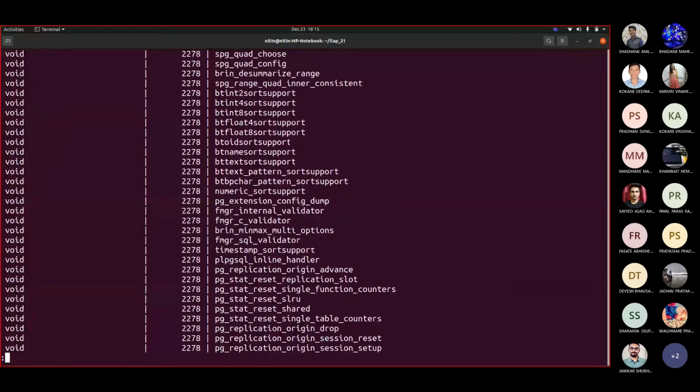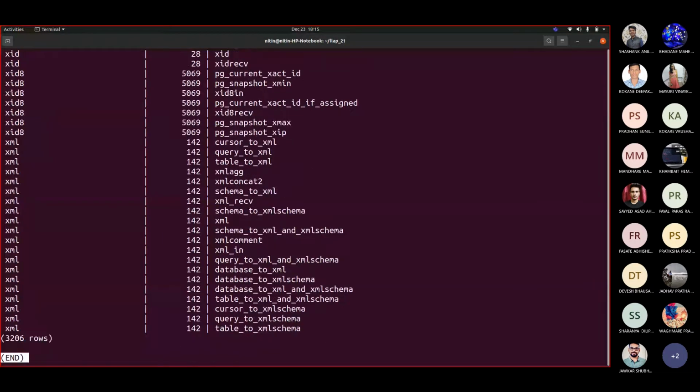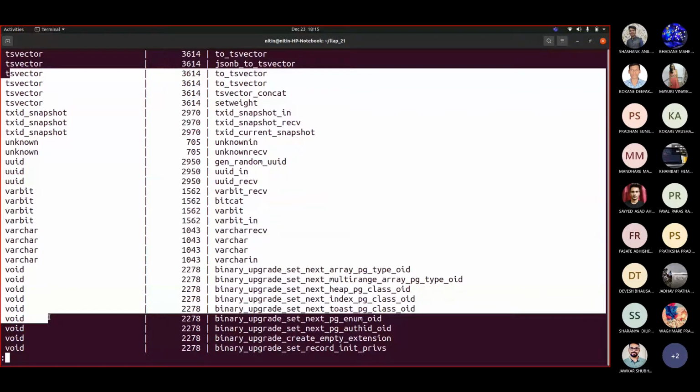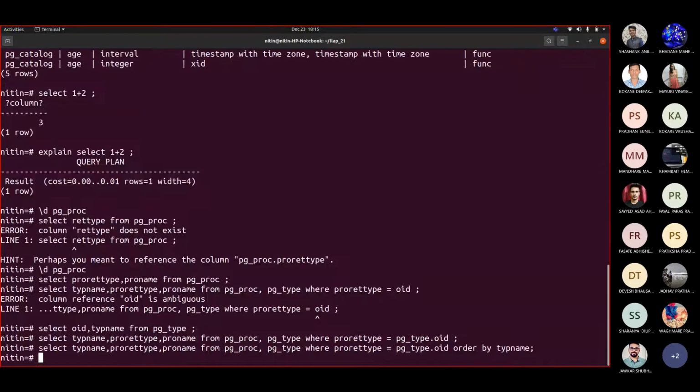So if you see here, it is not showing you something called a set of, correct? That "set of" itself is one keyword whenever you are talking about returning a set of these types. Most of these types, so maybe integer, character, and so on. Whenever you want to return a set, that time you are going to make use of that "set of". We'll definitely be using it later while writing function definitions in Postgres. Fine.